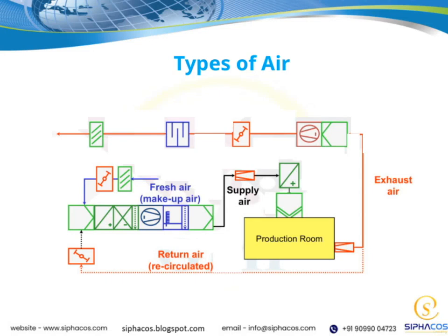Let's take a closer look at the different types of air. When we talk about air, we're actually referring to a mixture of various gases. The most common type is what we breathe every day. It's called atmospheric air. This air contains mainly nitrogen and oxygen, along with small amounts of other gases like argon